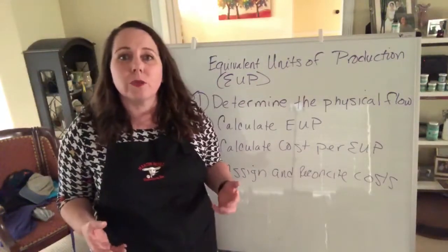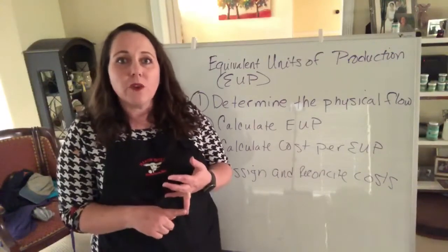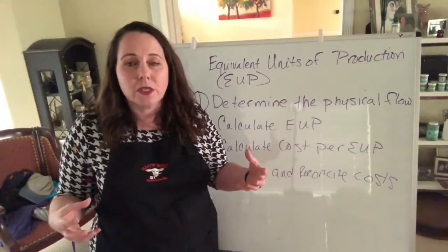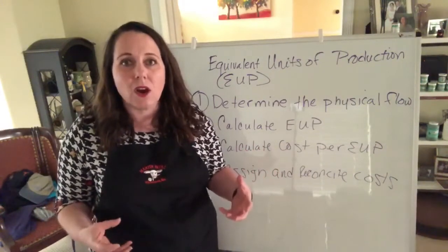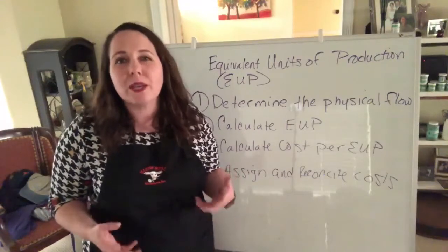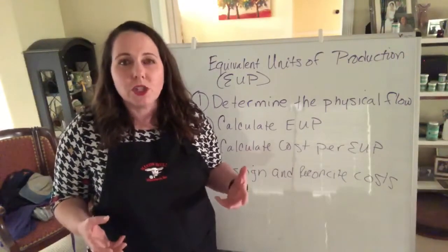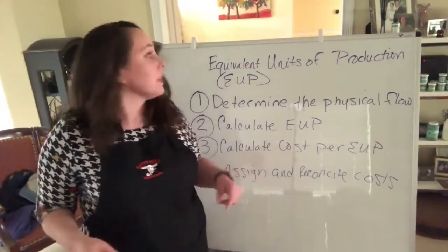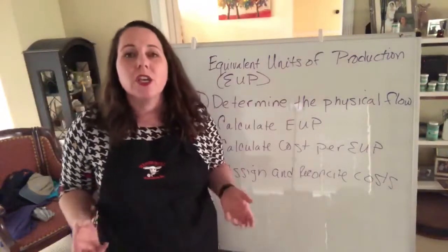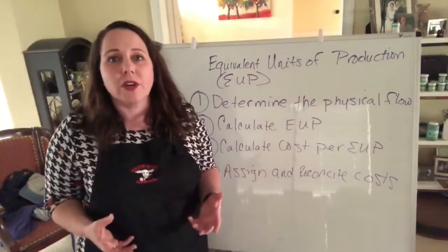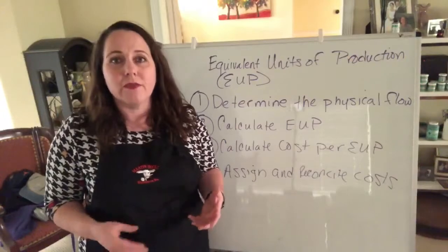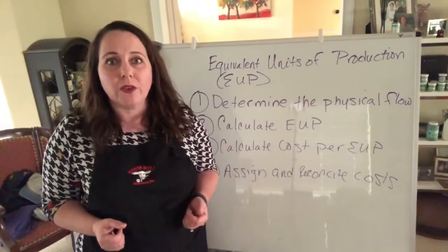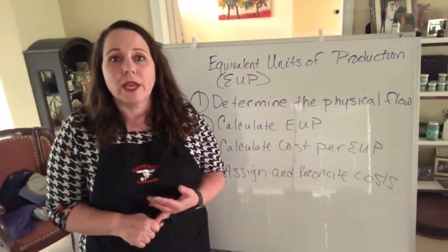Same thing with conversion. We look at all of the direct labor and factory overhead that was added to the process and that's sitting in our ending inventory, and we say what percent complete it is with respect to conversion costs, and we use that to calculate how many whole unit equivalents, or equivalent units of production, we have. Then we can take all of our costs, assign them to the ending inventory and to the finished goods, and come up with a way to value not only our finished goods, but our ending inventory.